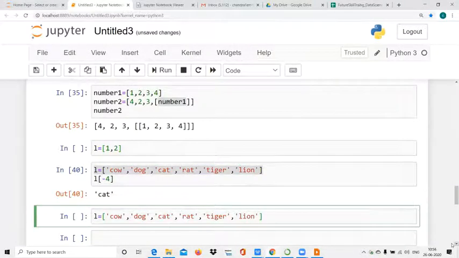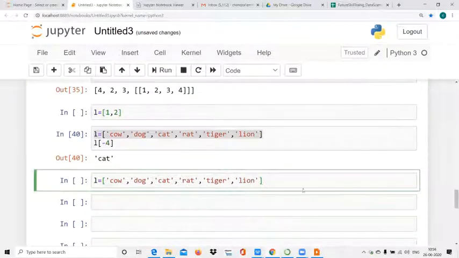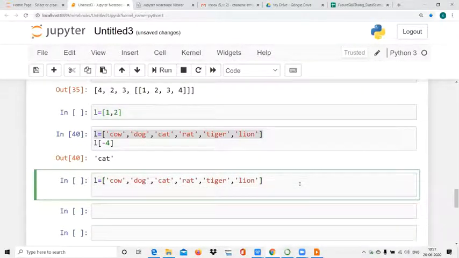So you want to make one more list, like I did L[2:5]. So what it will do? It will slice the original list and it will contain, from 0, 1, 2.